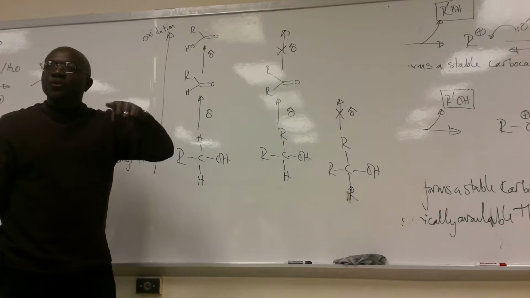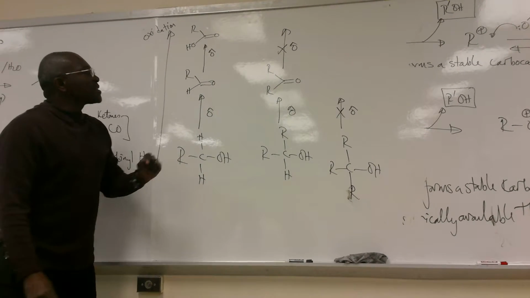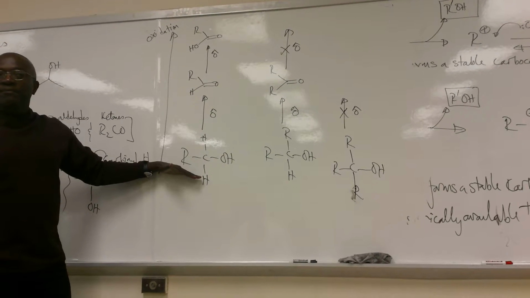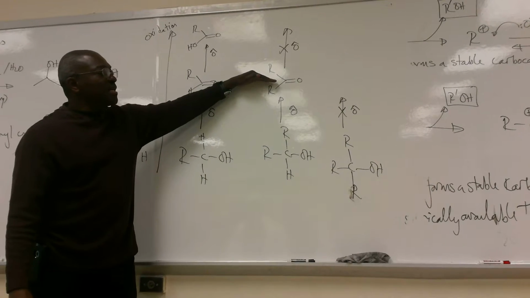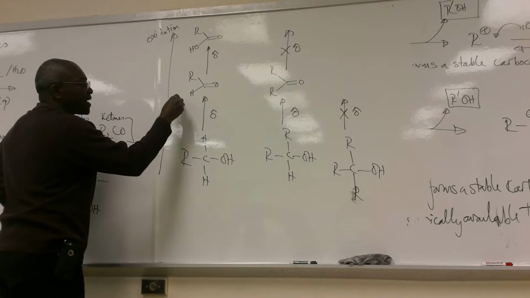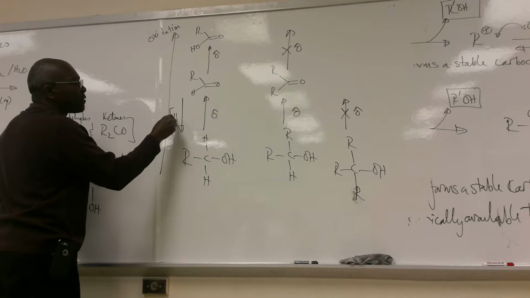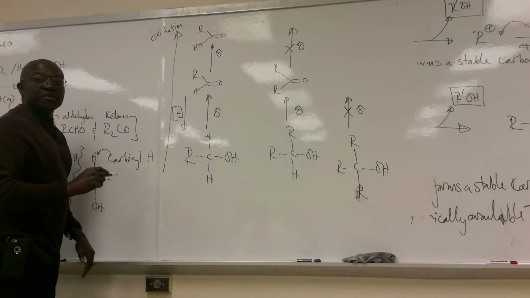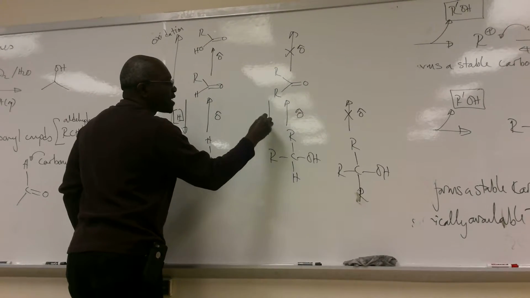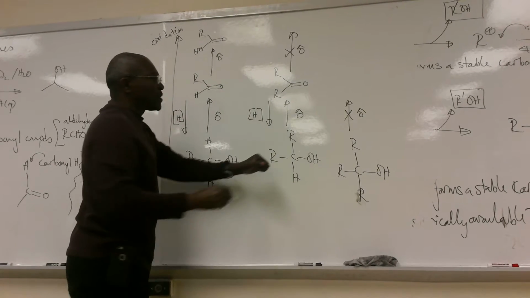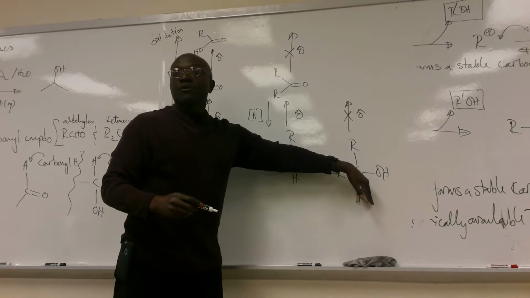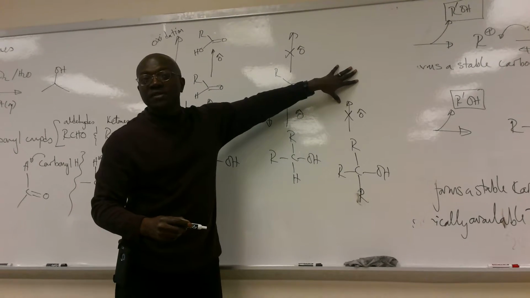But redox can go both ways. So it means I can reduce an aldehyde into a primary alcohol. I can reduce a ketone into a secondary alcohol. So if I take an aldehyde, I can go back down the ladder if I use a reducing agent, and I can make the primary alcohol. If I take the ketone and I go back down the ladder, I can reduce it into a secondary alcohol. There is nothing I can reduce into a tertiary alcohol, because there's nothing here to reduce.